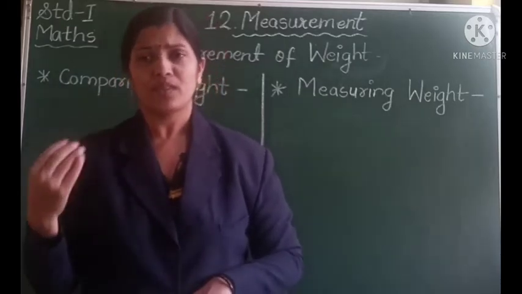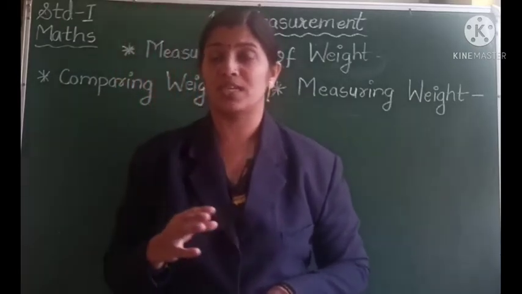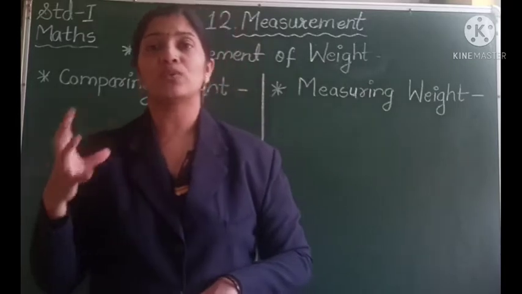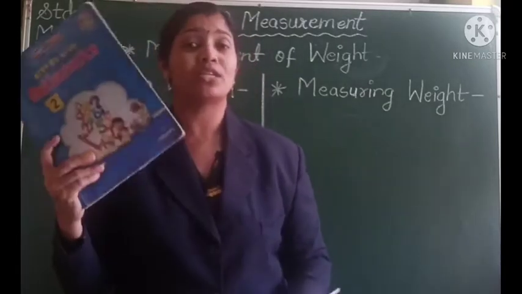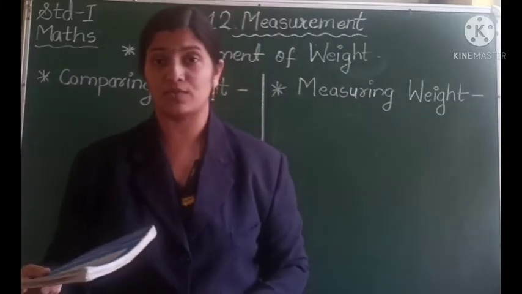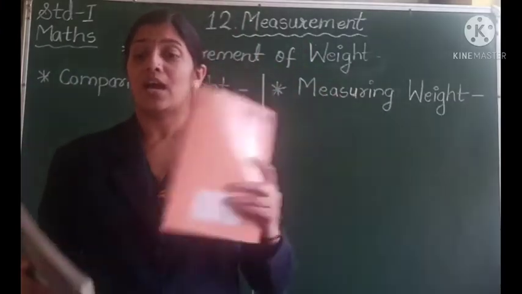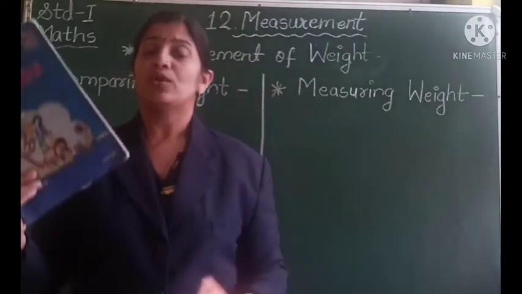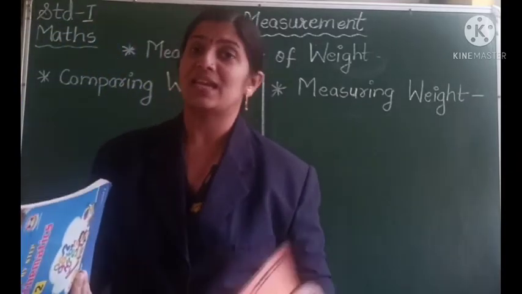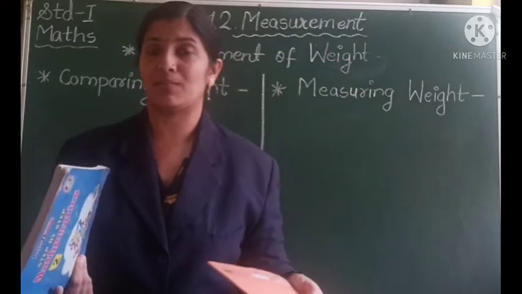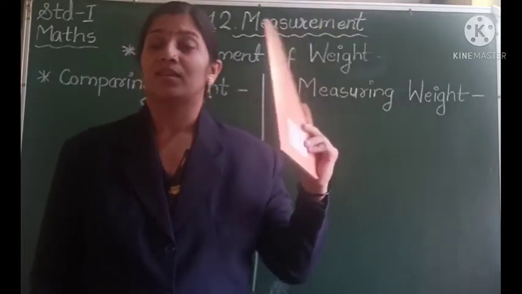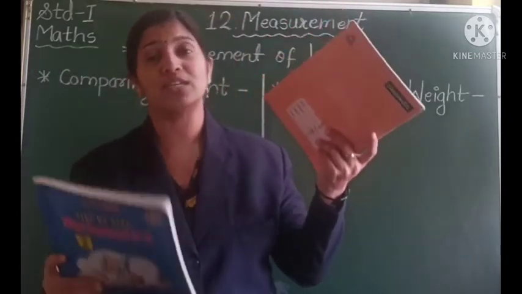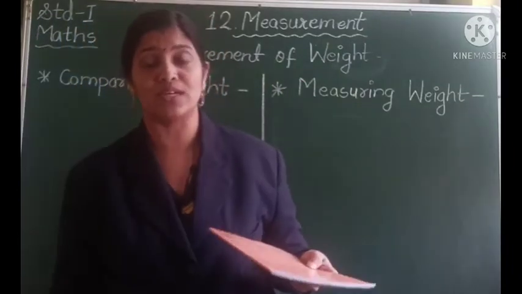So similarly, if you want to measure the weight of some other objects, not in 1 kg weight or half kg weight, maybe we want to measure the weight of this book, we put it on one side of the balance, and if we want to see how much is the weight of this book in comparison to this book, I have to put this book on one side of the balance, and then I will put this book on the other side of the balance. But since this book is lighter, the side which is having this book will go downwards or upwards? Yes, it will go upwards, because this book is heavier, so it will move downwards, and the book which is lighter will go upwards.